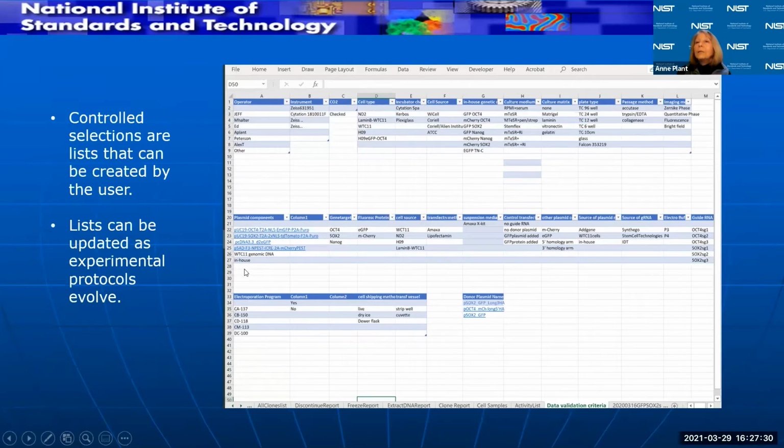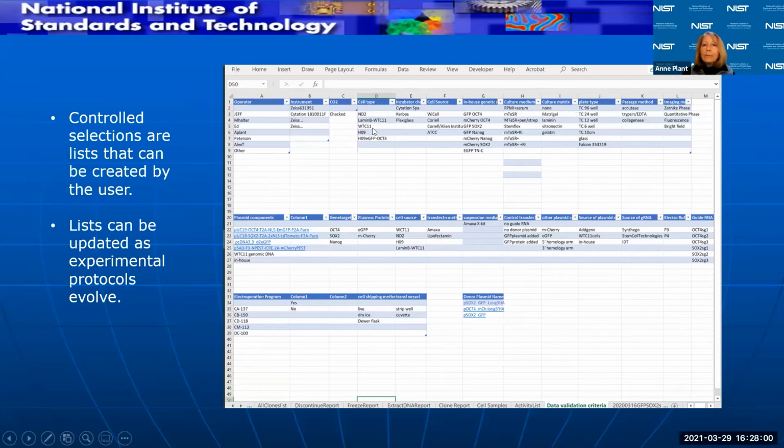These are limits on the data that you can choose to put into the forms on the other pages, and it's very easy for an inexperienced user to go in and add to these lists or change these specifications as the experiment might change, as you realize there's another variable that you should be keeping track of, or as you realize you need to change to a new medium, or you need to change your protocol a little bit.